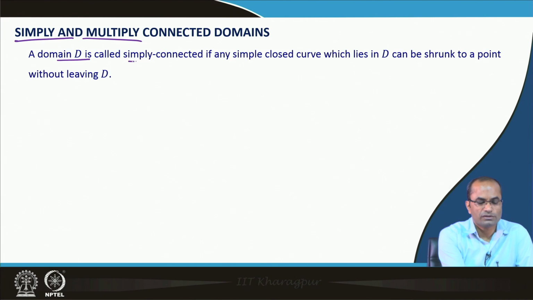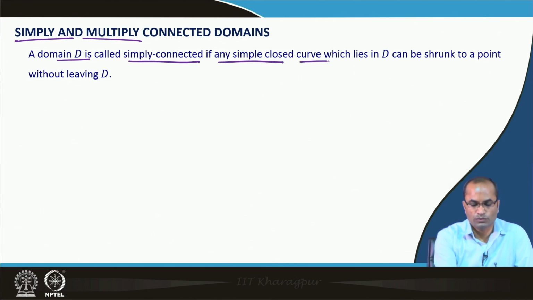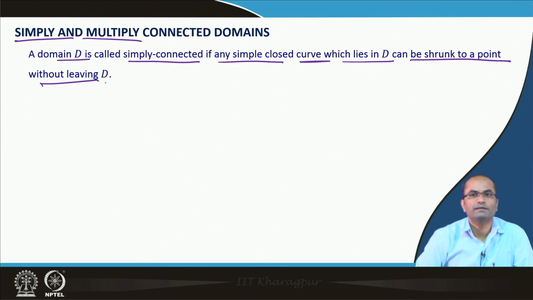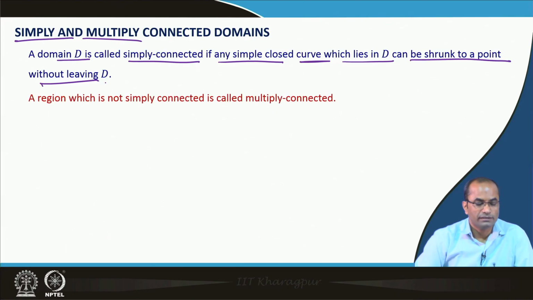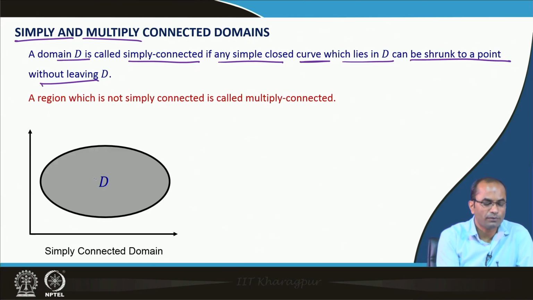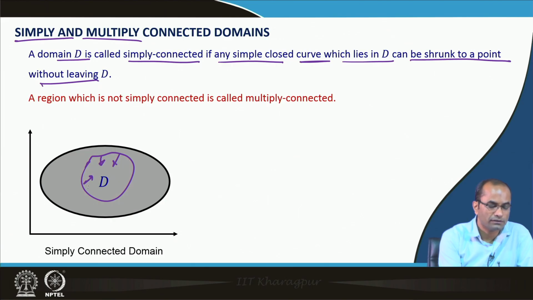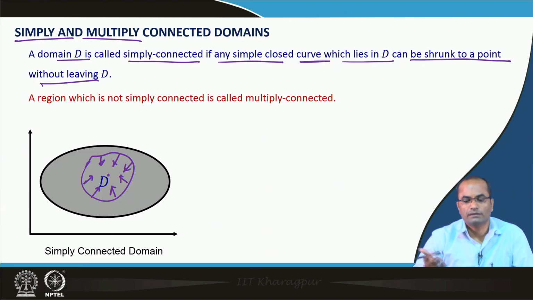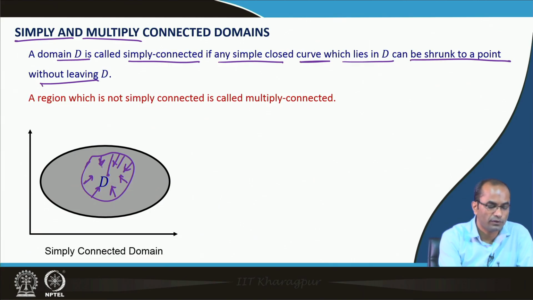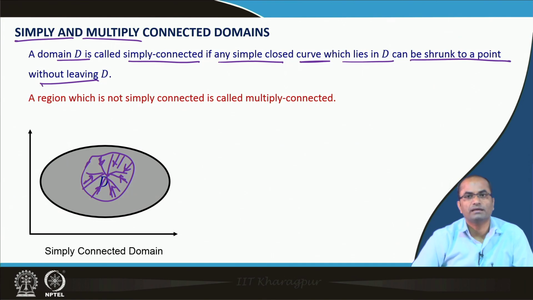So, a domain D is called simply connected if any simple closed curve which lies in D can be shrunk to a point without leaving the domain D. That means, if this is the domain D, we can take any simple closed curve here and this curve can be continuously shrunk to this point without leaving the domain. So, this is what we call a simply connected domain,